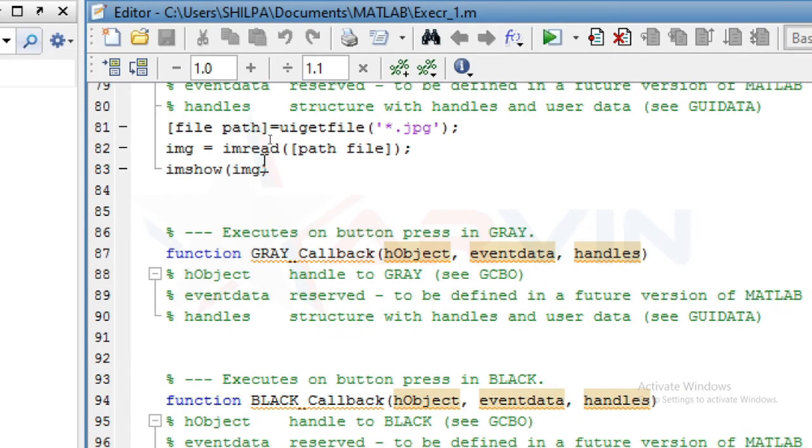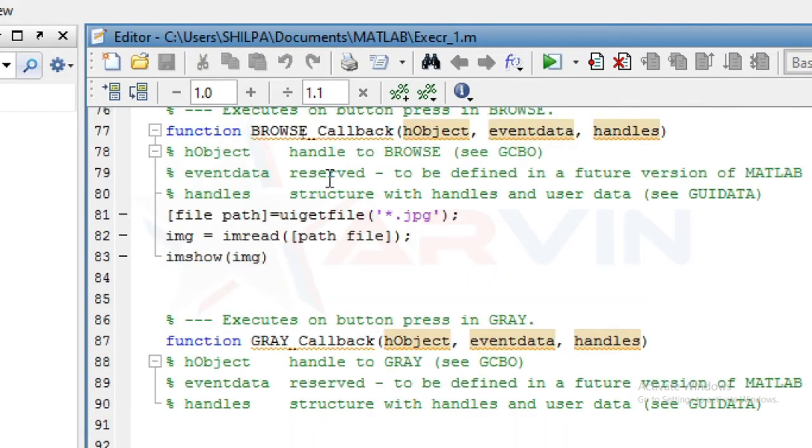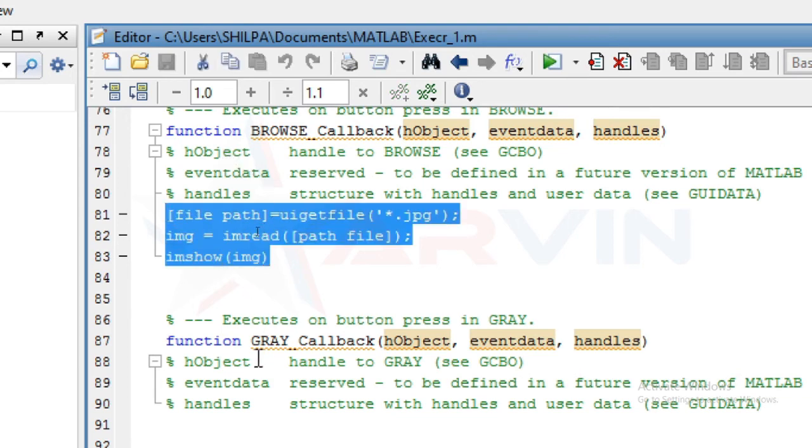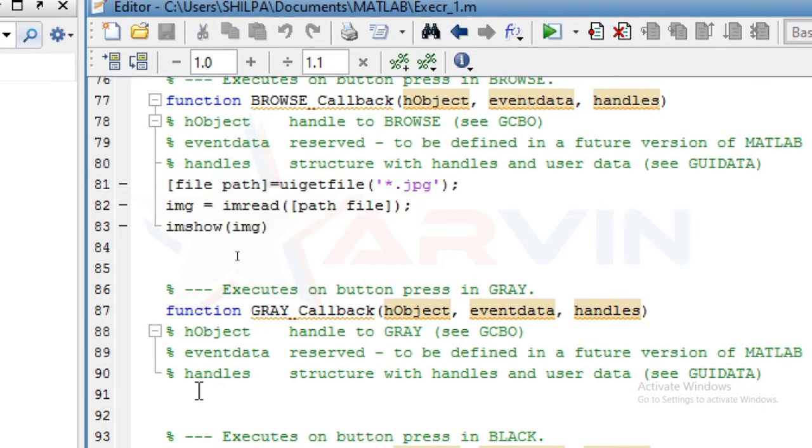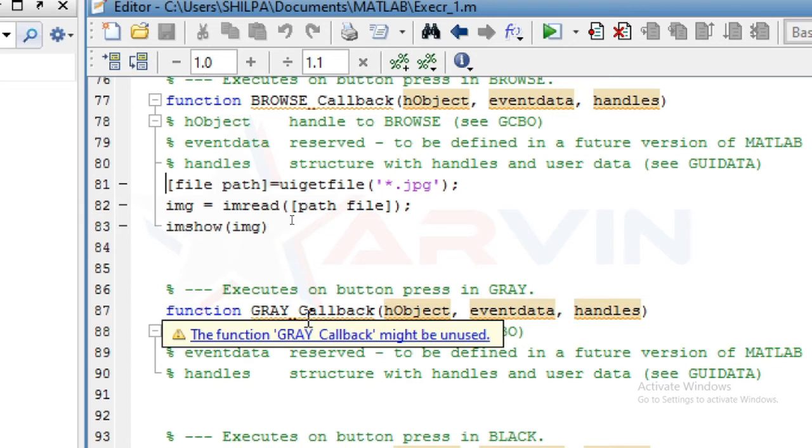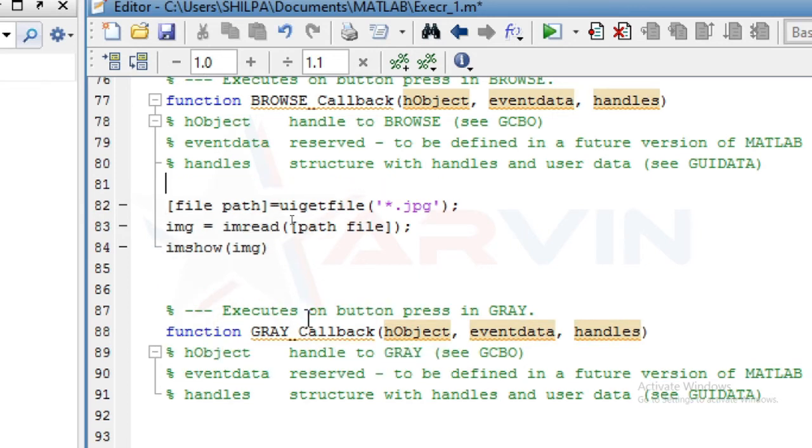Now most importantly, if we use any variable in multiple functions, for example we use the same image in the other two functions, we have to make that variable global by using the global command. Firstly, we write global in front of that variable. The variable is img.